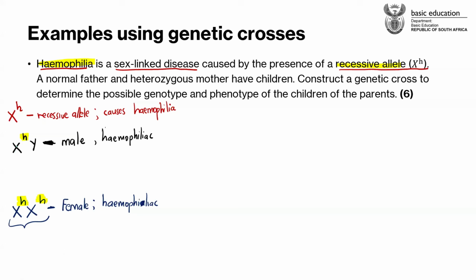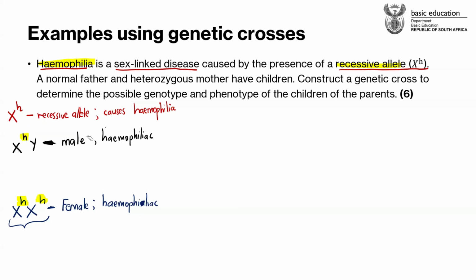So basically, this male who is hemophiliac, a male who's got hemophilia, he got the X chromosome that has got the H from the mother, because this is the infected chromosome, guys. This is the chromosome that is having the recessive allele, the X chromosome having the recessive allele of small letter H. Okay, we already know that males can only inherit an X chromosome from the mother, then the Y chromosome is always coming from the father. So basically, the father is the one that is causing this male to have a Y chromosome.